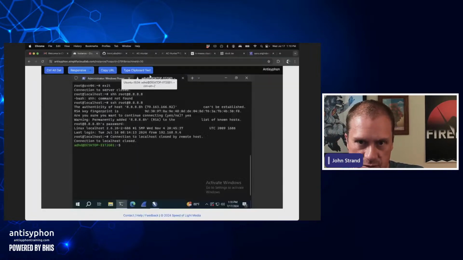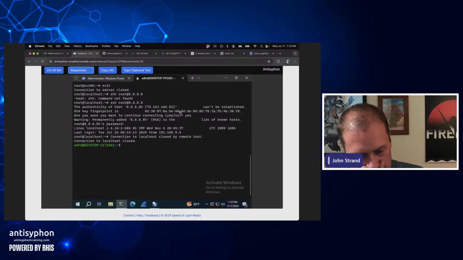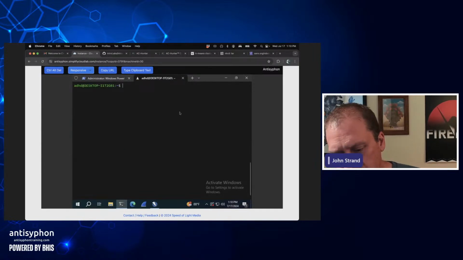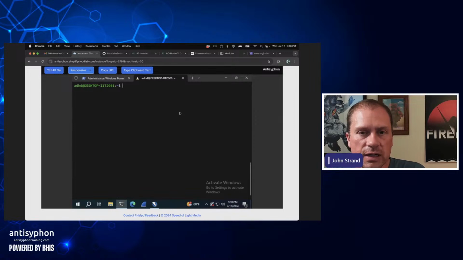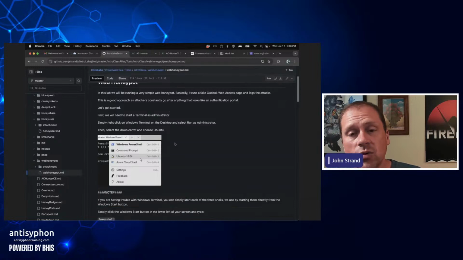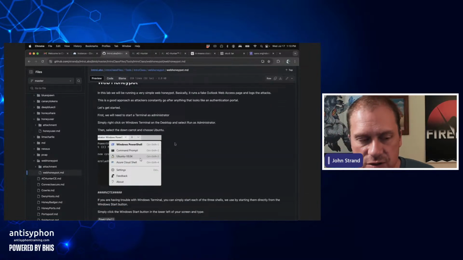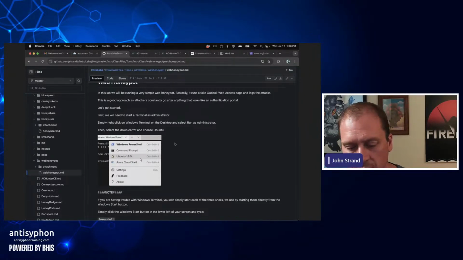All right, so now we've got to get my screen sharing. Let me resume share. There we go. You should be able to see it just fine. I've already started up ZAP because it takes a little while for Zed Attack Proxy to start. But what we're going to do is walk through the web honeypot lab that we worked on. Really kind of a cool basic honeypot. Unfortunately, this whole thing is going to be replaced with a new honeypot that Joe is working on that he showed you, because I really like the idea of cloning as much as I possibly can. But before we get too crazy into that, I do want to go back into